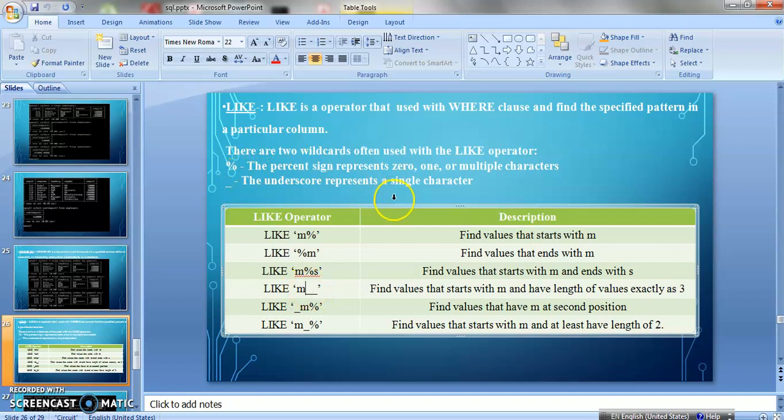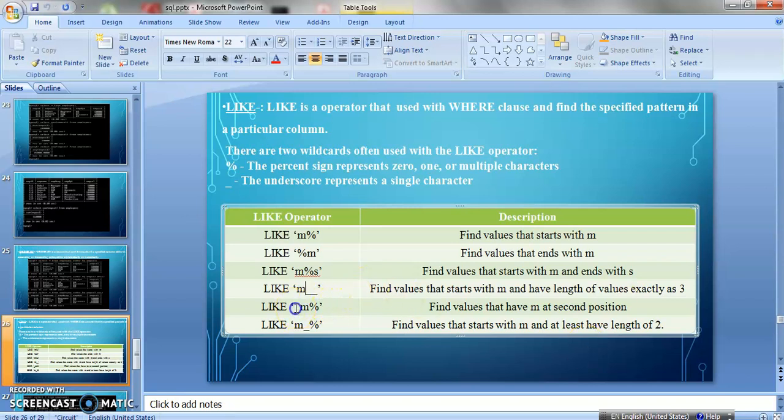Because एक underscore एक single character represent करता है, so 2 underscores will represent 2 characters. So 2 plus M 1, total 3. So it will find those values that start with M and have a length of exactly 3. Exactly 3 होना चाहिए. जैसे मैंने लिखा Map. So M से start हो रहा है, length 3 है. So it will find that value.